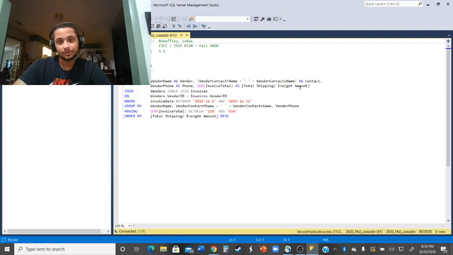And as we can see, for the contact, I used the vendor contact first name and last name and made sure those were put together and used as one column. And we were pulling from the invoices tables as well as the vendor table. And my matching identities for joining those tables was vendor ID,